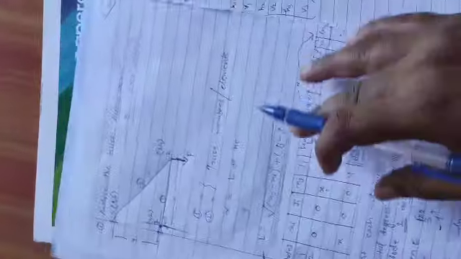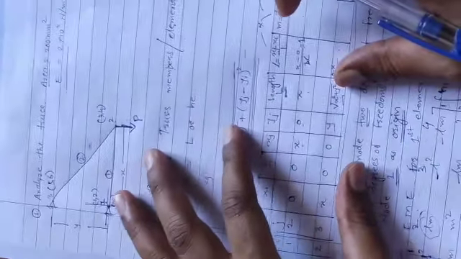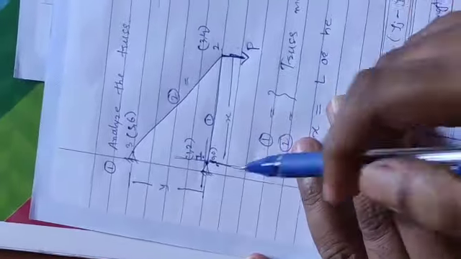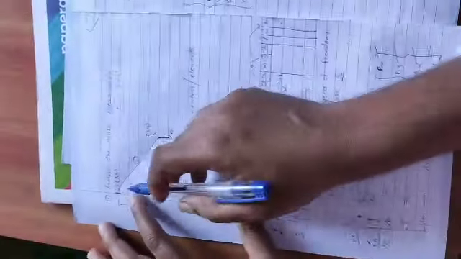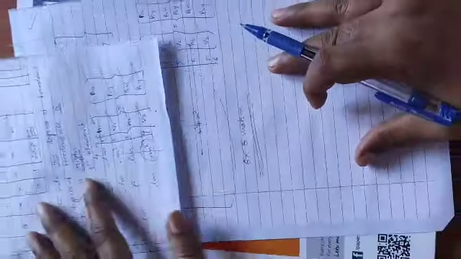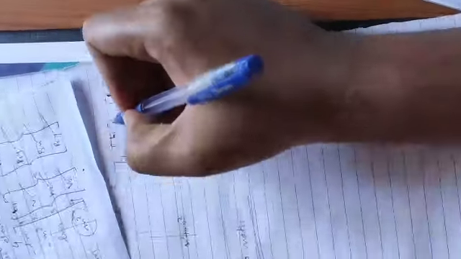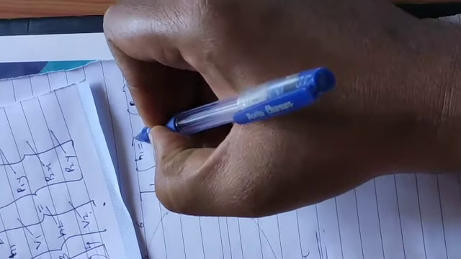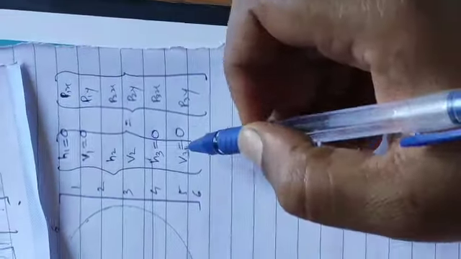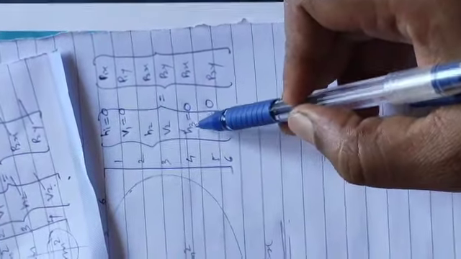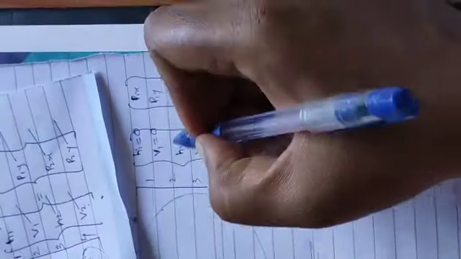Now how to apply boundary conditions? If we check the given problem here, node number 1 is fixed, and node number 3 is fixed. So node number 1 is fixed, so there is 0 horizontal displacement and vertical displacement. So I am writing at the primary variables h1, v1 as 0, h3, v3 as 0, and we are going to calculate